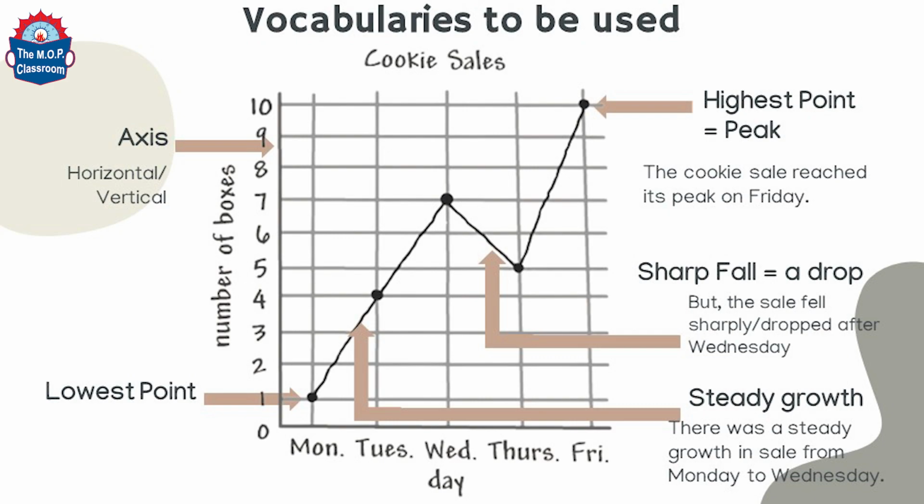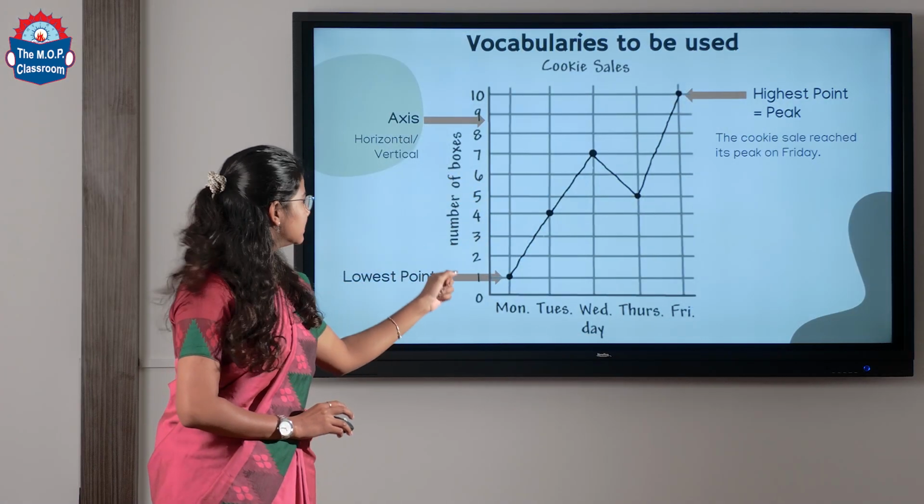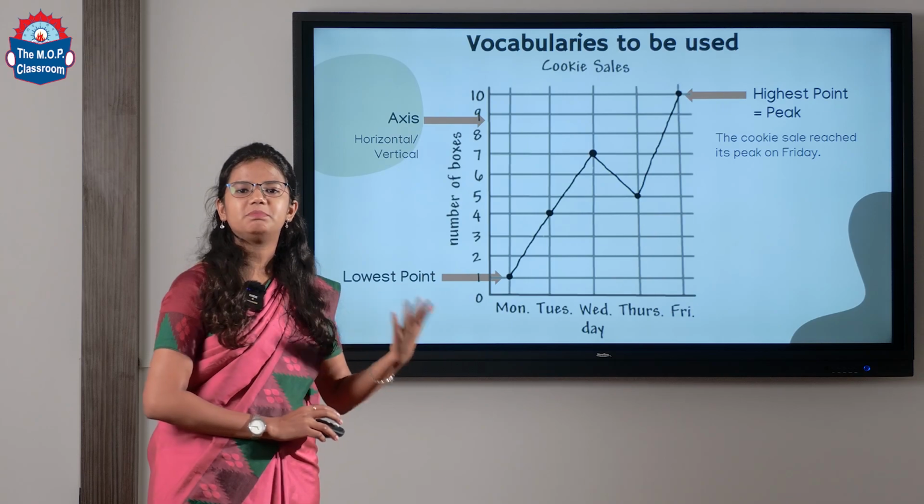The components that explain the sale would be mentioned in these two axes. Whenever the sale is at its lowest and the sale is less in number, it can be called the lowest point, and when the sale reaches the highest point, it can be called the peak. For example, you can use this phrase in a sentence like this: the cookie sale reached its peak on